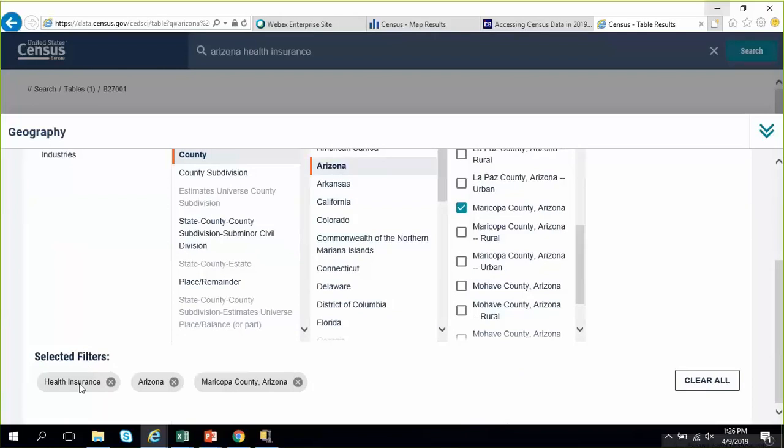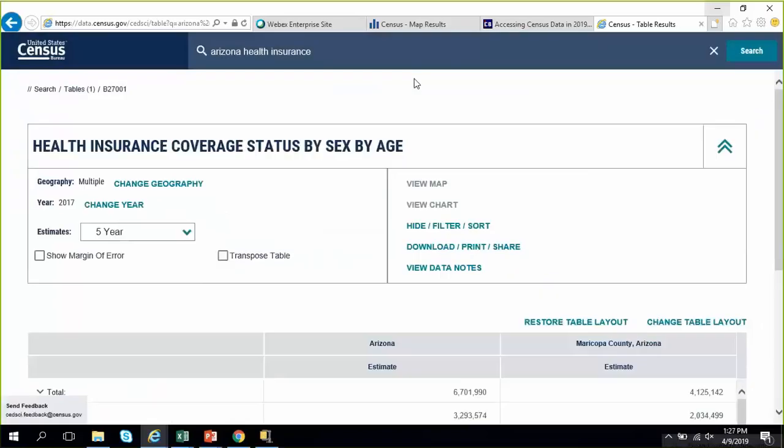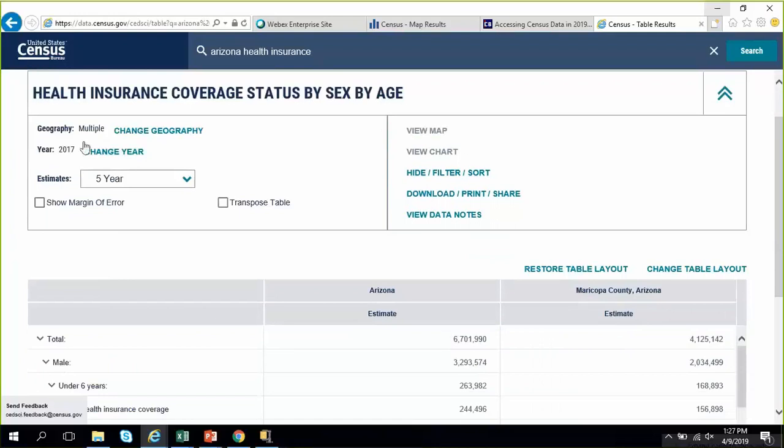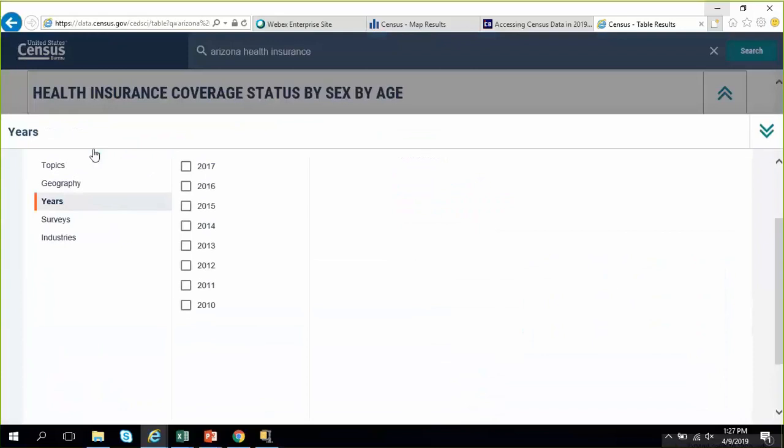So scrolling down, we do have the ability to confirm. We see Maricopa County, Arizona, and health insurance as our filters. In the upper right-hand side, once I click that down chevron, it'll minimize the filter panel, or I can click anywhere outside of the white area where it's gray or blue. As we made that selection, the table was already working hard in the background, so we have that third column here for Maricopa County. You can also swap between years by clicking Change Year,